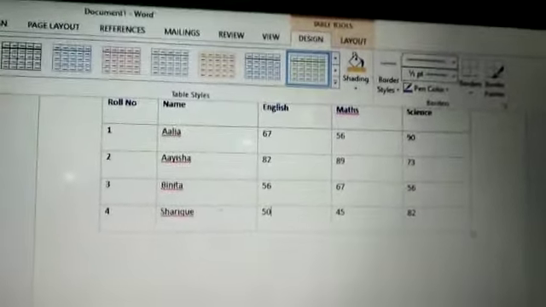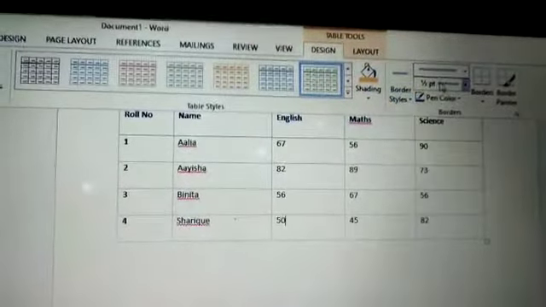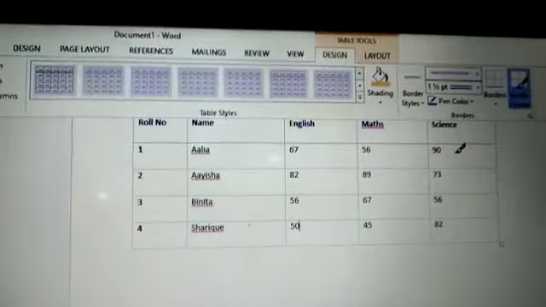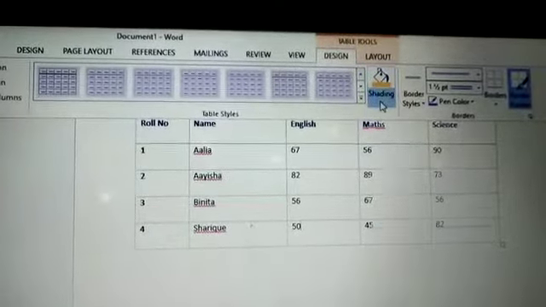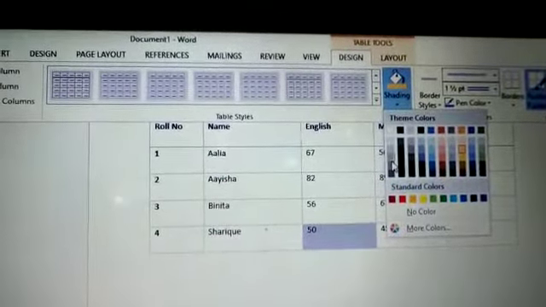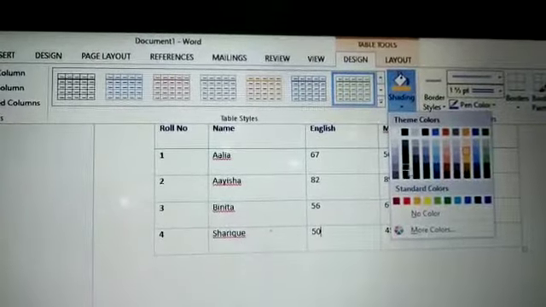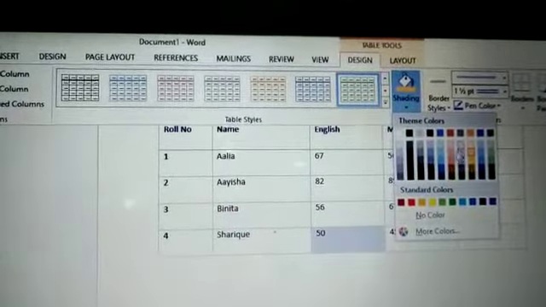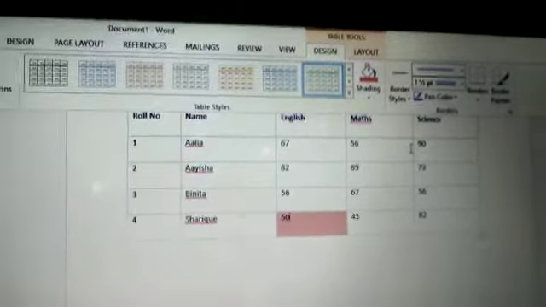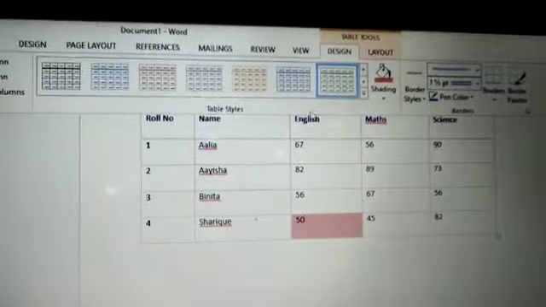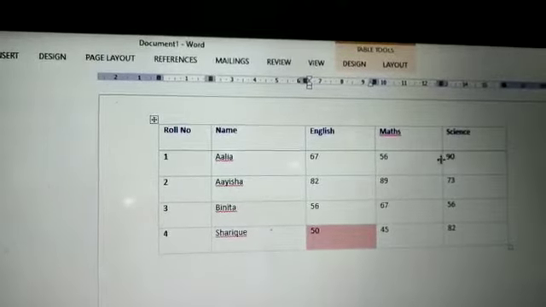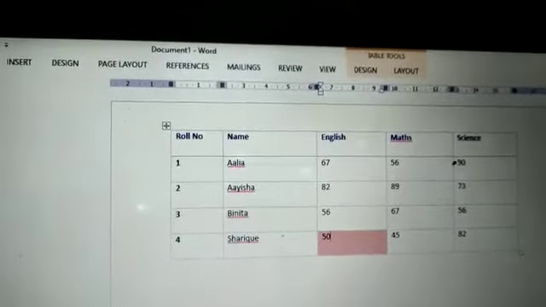Now suppose I want to change the border. I want to make the border dark. So we can make it dark. If I want a different color in a table, suppose I will show who got less marks in English with a different color, or who got more marks in Science, we can show with a different color, or we can use the highlighter.